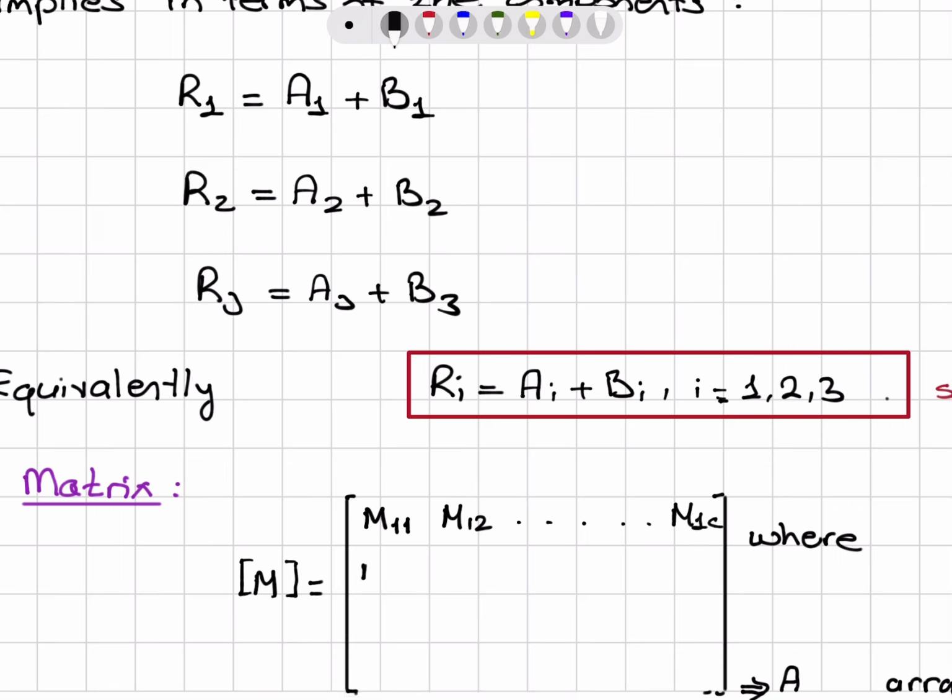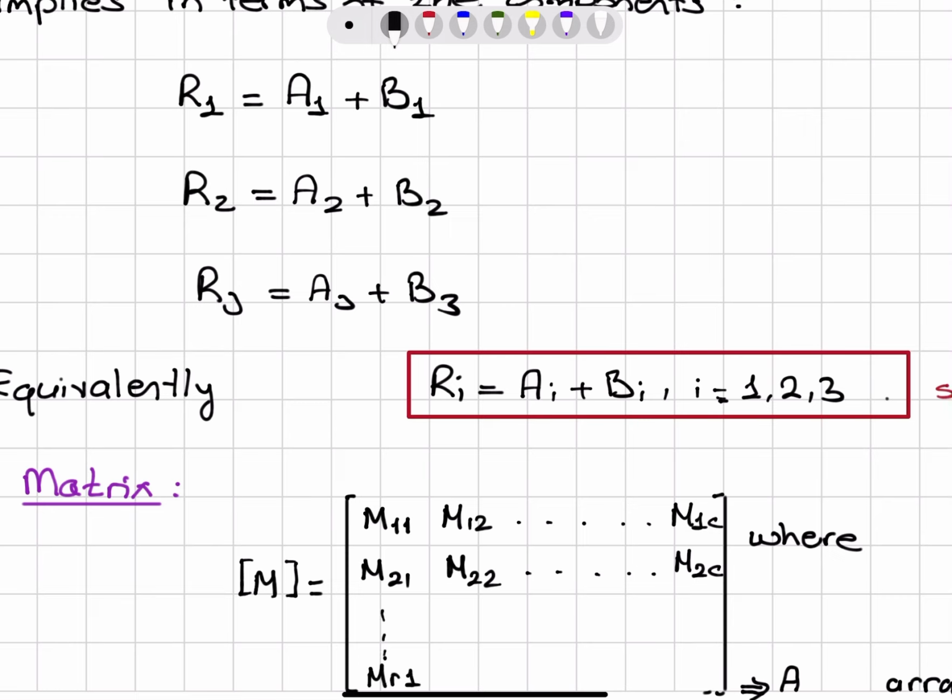Then I have the second row, M21, second row, second column, M22, and then I have second row, C-th column, M2C,